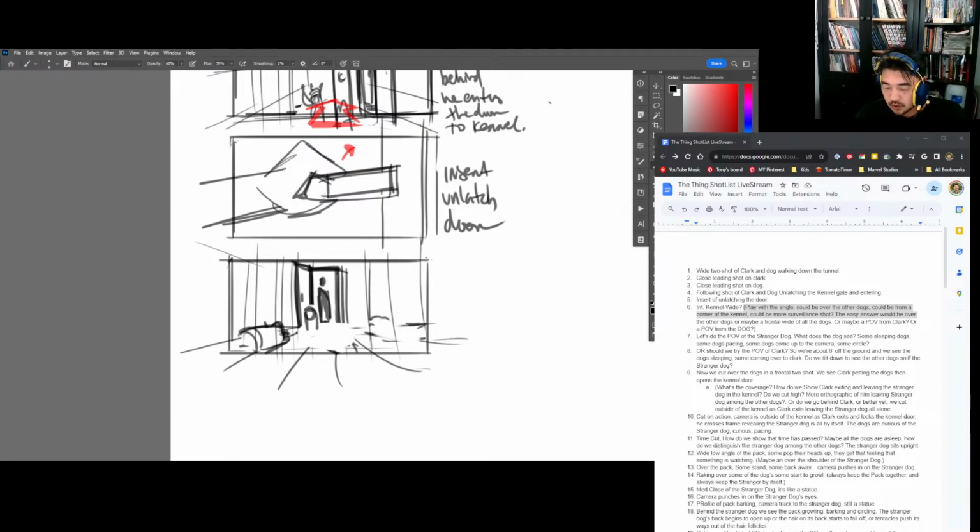I'm gonna make the stranger dog more of a darker husky. So here he is, he opens the door. Let's throw that in there. And then